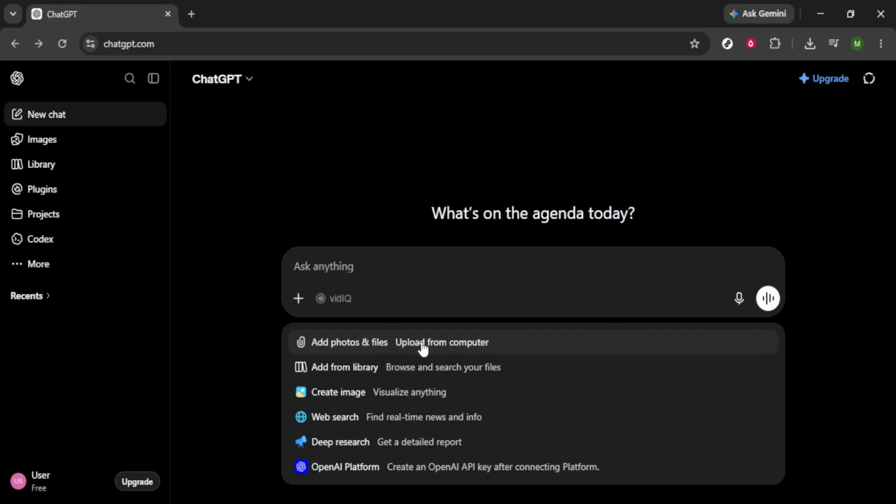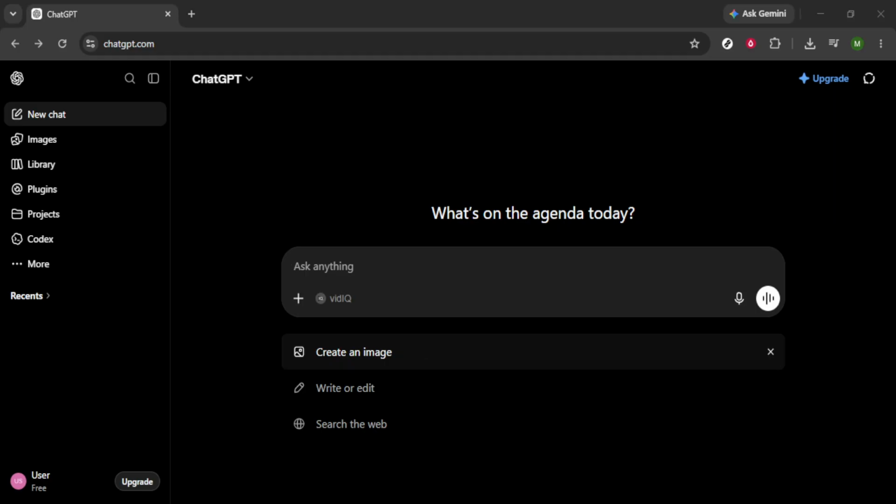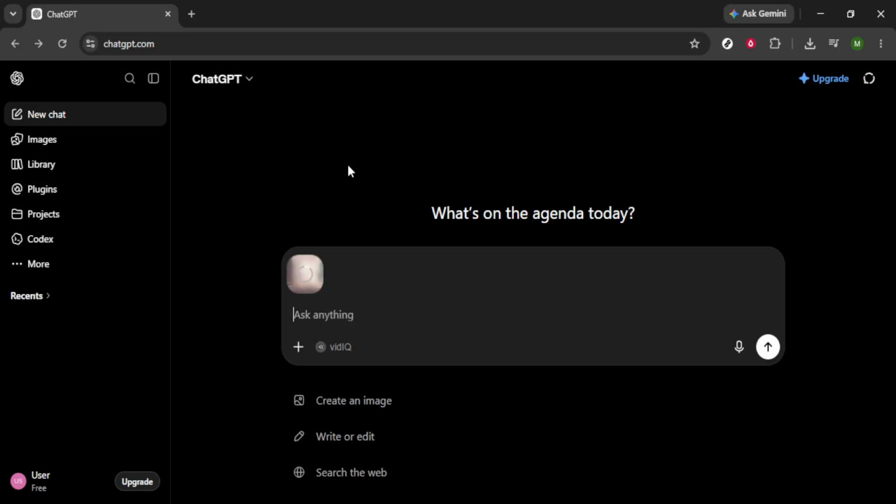Once you do this, you'll see an option that lets you upload a photo from your device. This is your opportunity to choose any image you want ChatGPT to analyze, be it a screenshot, a chart, a document, or even that picture you just took on your phone. Once you've selected the image, wait a moment for it to fully upload into your chat. It's always good to be patient here because we want to ensure that everything is in place before moving on